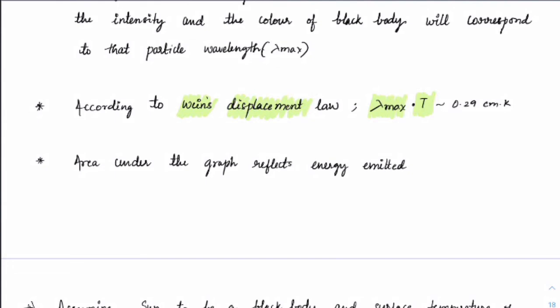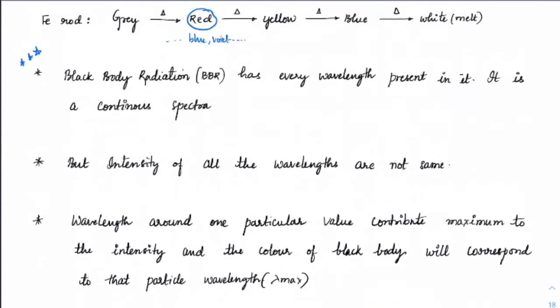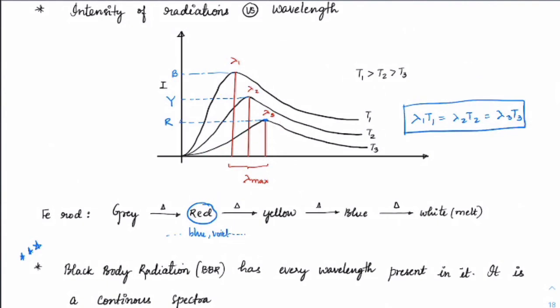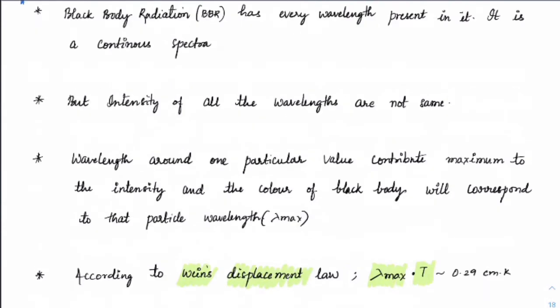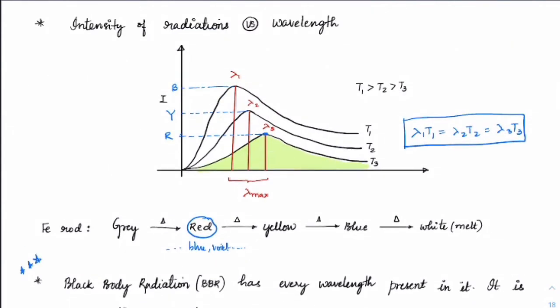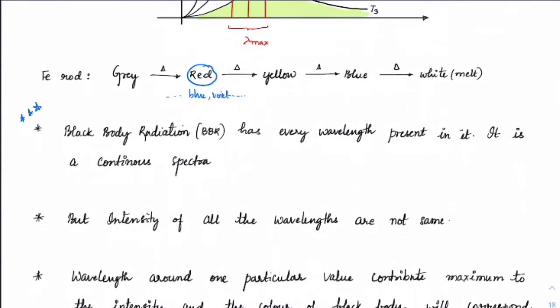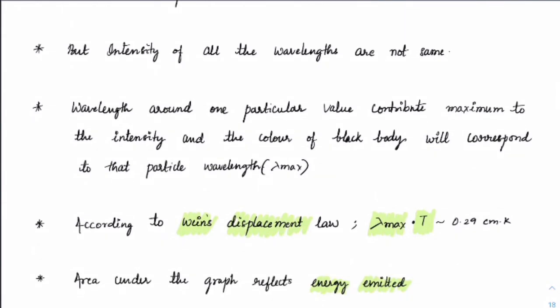Alright. And another thing you will find out: whatever the area under this graph, suppose you check out this area, got it? What is this area under the graph we are getting? This is about all the colors we are getting, right? Correct? So that's why it reflects how much total energy is emitted, because it is giving all these radiations. So the area under the graph here represents the total energy emitted.